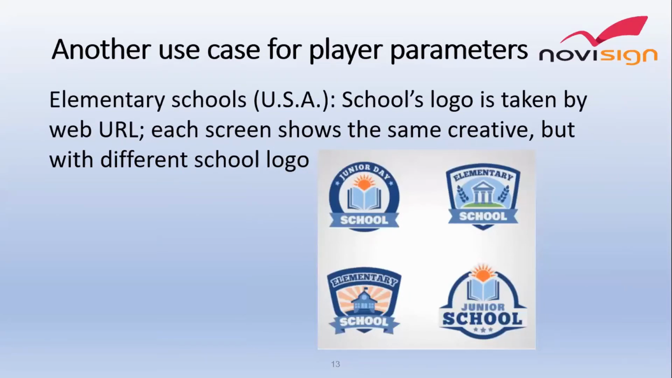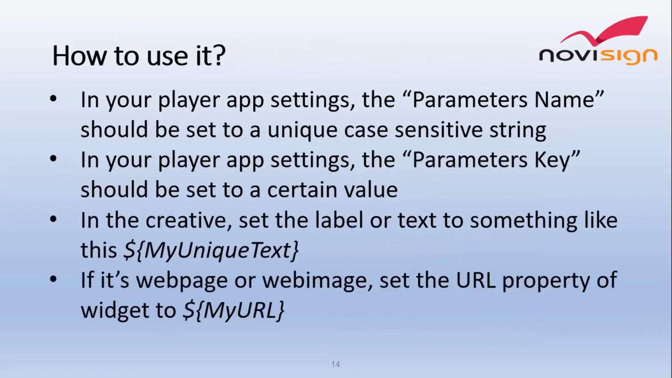Now let's take another use case. Let's say that this is, for example, elementary schools in the USA. Let's say that we would like to use the same playlist, the same creative, but we only want to change the school's logo somewhere in the corner of the display. So for that, we're going to do something special. We're actually going to put what is called a data expression. That means we're going to use the web image widget to display an image which is taken from the web, something like